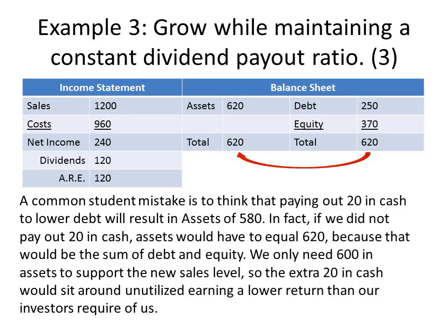If we don't pay off the 20 in debt, that means we still have 250. We have 370 in equity, and you add those two numbers together and you have 620. And so we know that that has to be the same as the total assets. And so what we'll have is an extra 20 in cash that we don't need if we don't pay the 20 out. Our shareholders will most likely be upset with us for holding extra cash because we will be earning very little money as a return on their investment, and they have a much higher required rate of return for our shares than we can make down at the bank on our spare cash.